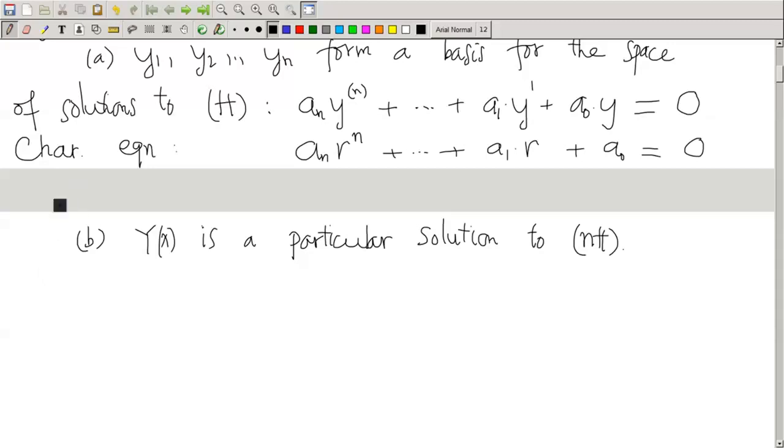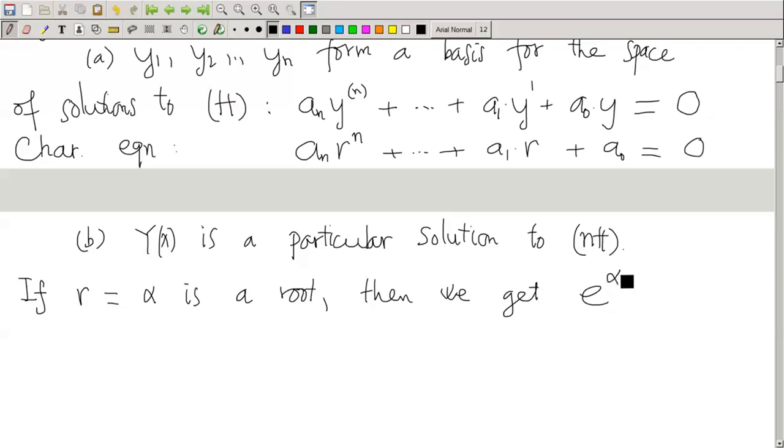So how do we determine those solutions? The method is the same as in second order. If r equal to say alpha is a root, then we get